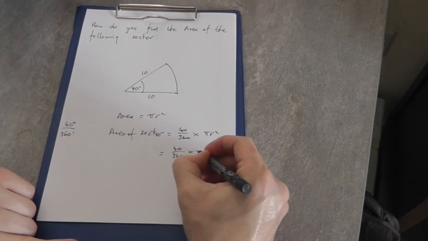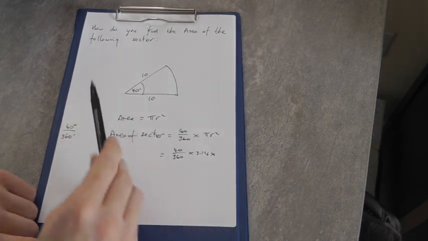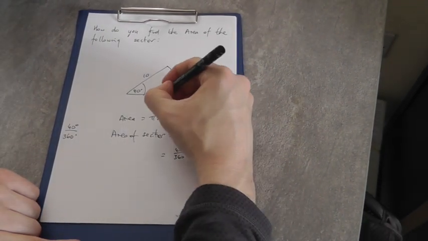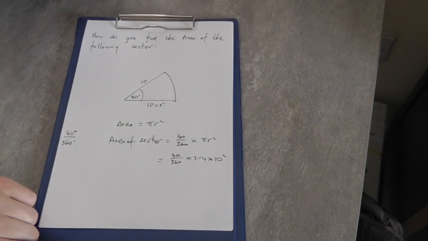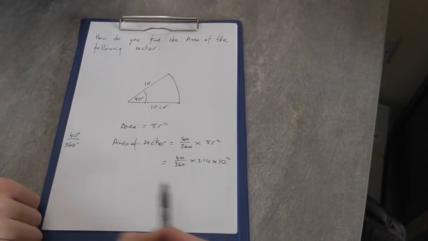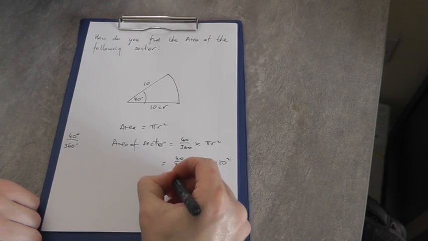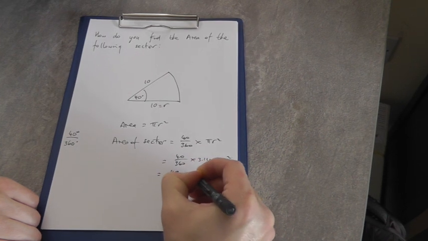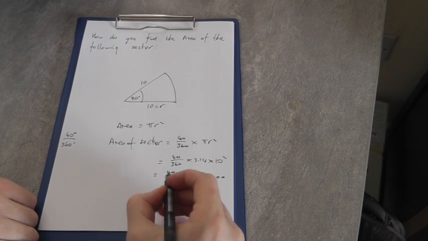Pi turns into 3.14 multiplied by the radius. Now the radius in this case was 10. Just label that. So I'm going to put, instead of my radius here, 10, and that is 10 squared. And we're now going to work this out. So we have 10 squared is 100. And 3.14 multiplied by 100